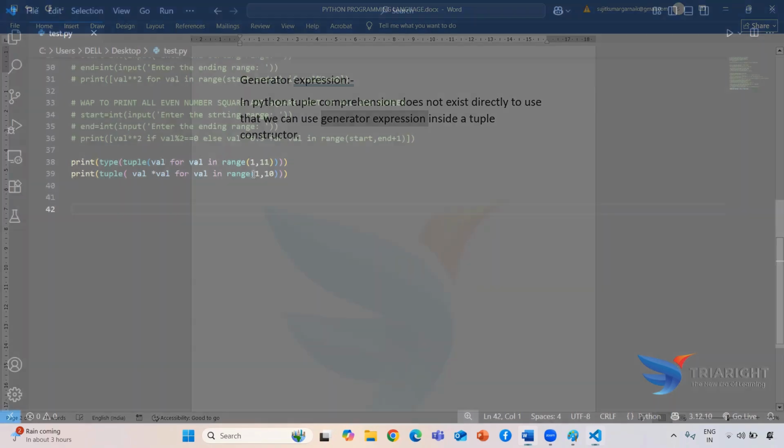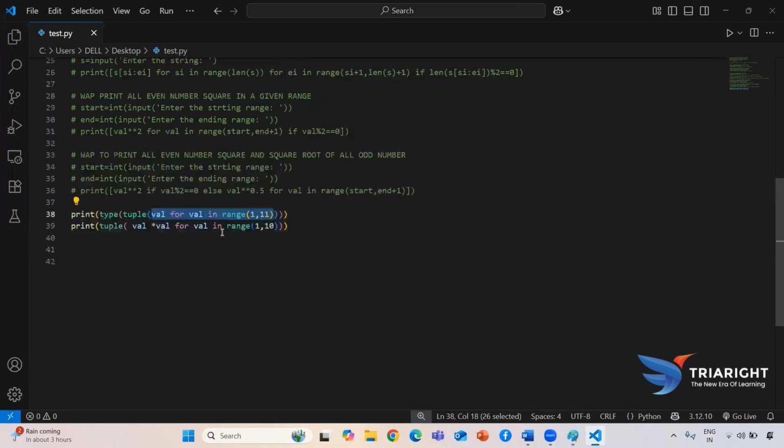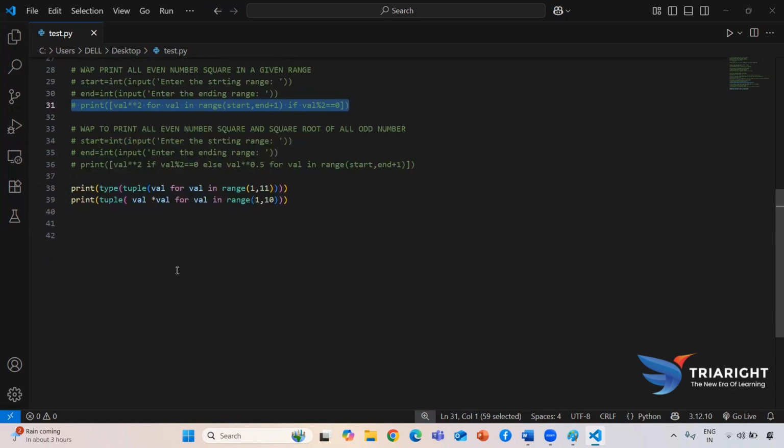So now this will be treated like a generator expression. Now if I try to build the coding logic like our list comprehension, it works also. So we are going to skip that particular thing because everything will be the same as compared to our